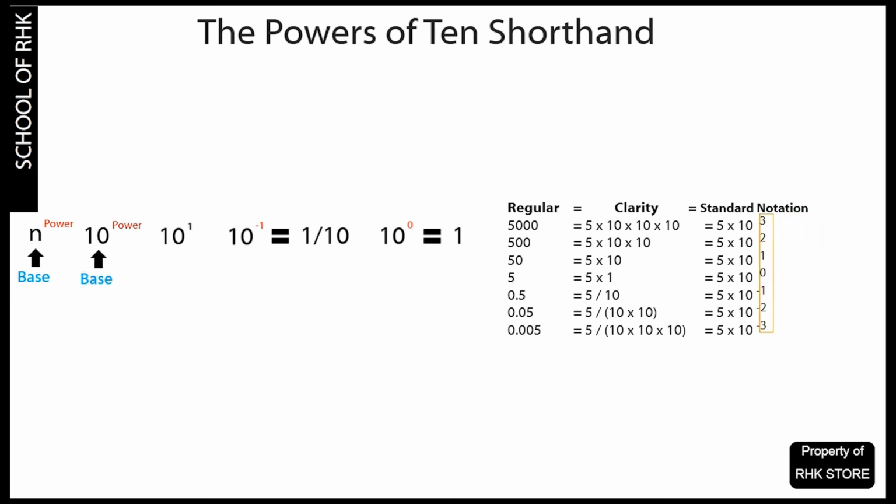In simple words, we can say the small figures written in superscripts are called powers of 10. The power indicates how many times the number has to be multiplied by 10 if the power is greater than 0, or how many times the number has to be divided if the power is less than 0. And if 10 has a power of 0, it is equal to 1.